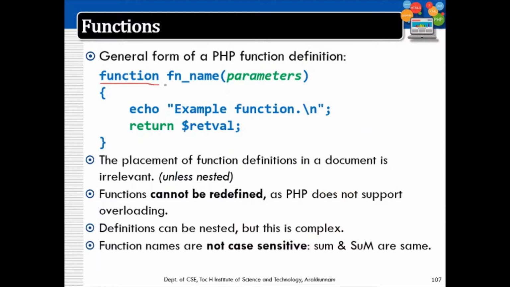The keyword function, then the name of the function, and parameters, if there are any, can be added within brackets. If there are no parameters, you can just open and close the brackets. Then start the block of code by using curly braces. Inside this, you can write your function statements. So here I am just writing an output statement using echo, and if you have any return value, you can just use the return statement to return the value. Just for illustration purposes, I have added it here.